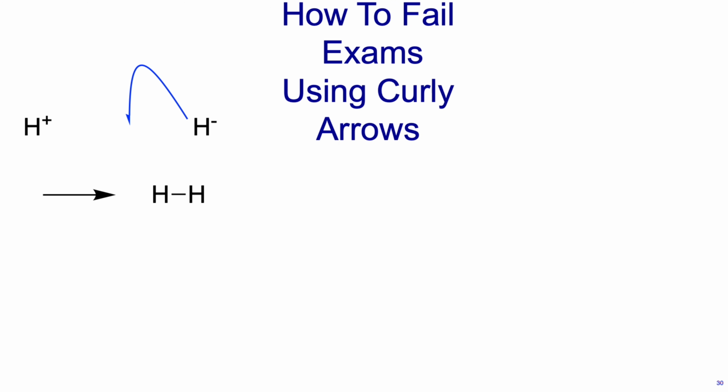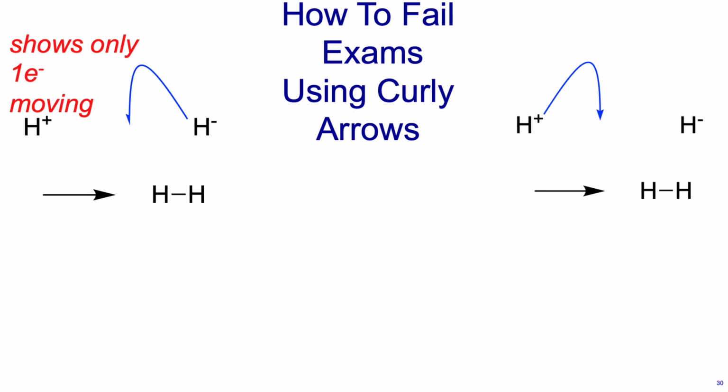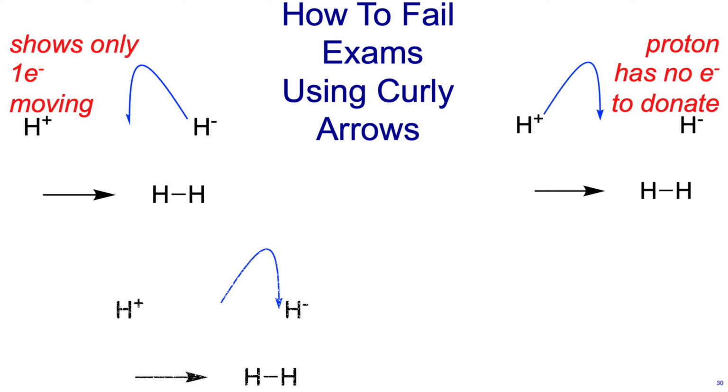What's wrong with this arrow to describe a hydride reacting with a proton? There's supposed to be two electrons, but the arrow is only a fishhook. That's wrong. You see, the lone pair isn't shown here, but you don't have to in organic chemistry. What's wrong with that arrow, Yuan? That arrow is pointing from a proton, which doesn't have any electrons. It doesn't have any electrons, you can't push from it.